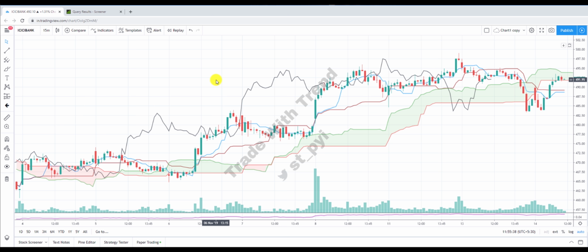And once you identify the trend, you then need to come down to 15-minute time frame chart to identify such candles which are clearly moving above the Kumo cloud with volume expansion. So these are the essential 3 steps you have to undertake when you want to trade this strategy successfully. Other than these 3 steps, I would strongly recommend for you to not add any more filters, because within itself, Ichimoku is a complete trading strategy. And once you combine all these simple filters that I've shown you, you will get a very good method for